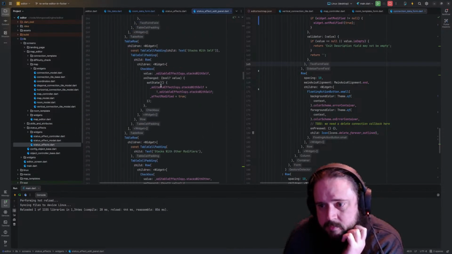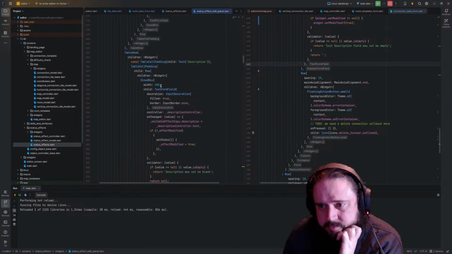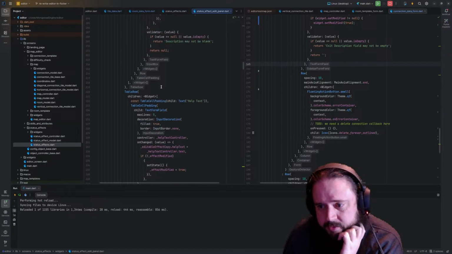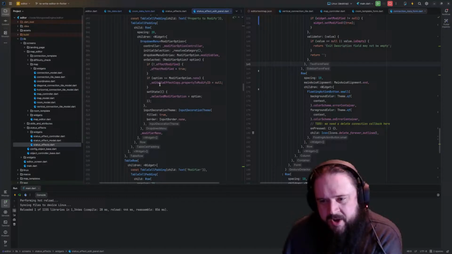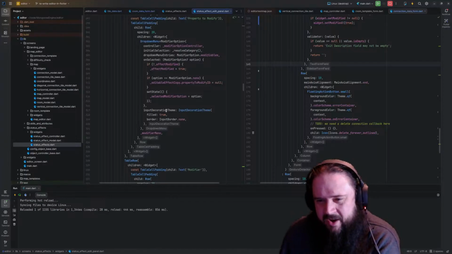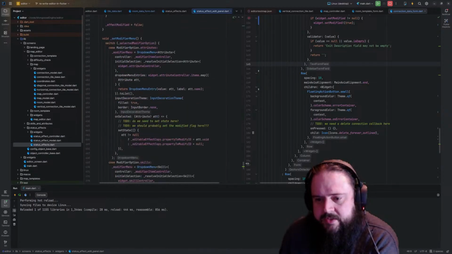You have multiple description, text, property to modify. Here we go. Drop down menu. So when we do a reset in here,